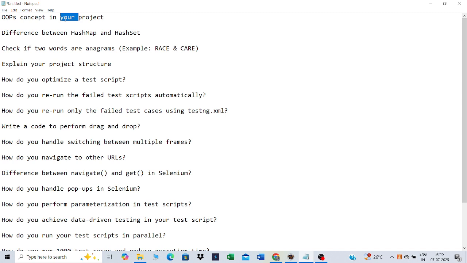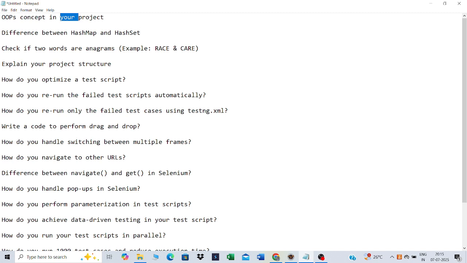Next, check if two words are anagrams. Basically, what we have to check is whether both words have the same characters or not. That is what we want to verify. First of all, these words are strings, right? So we have to convert them into character arrays, and after converting, we have to sort those character arrays.